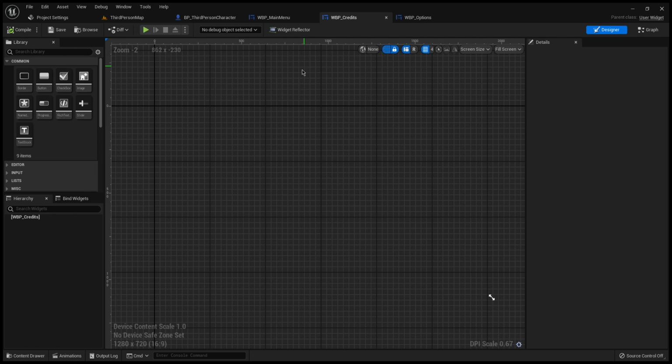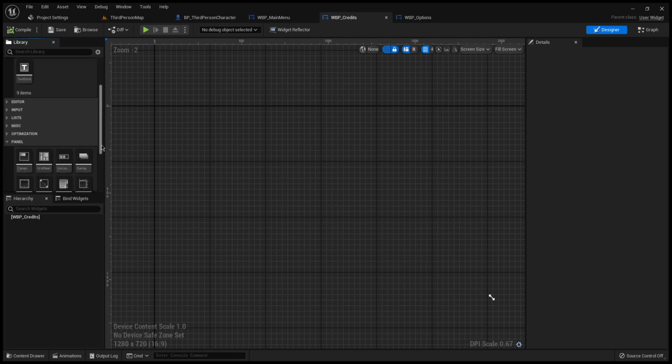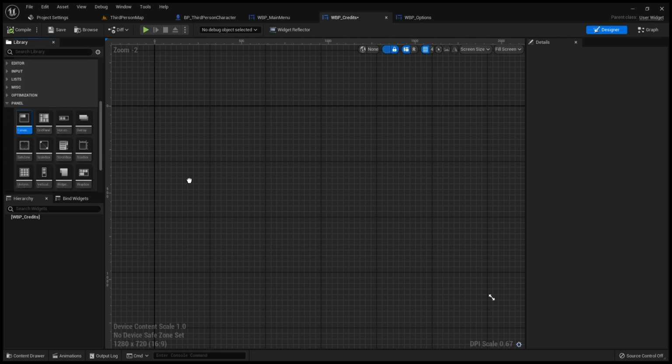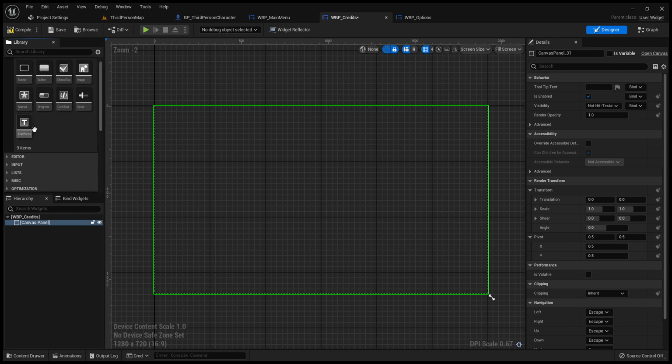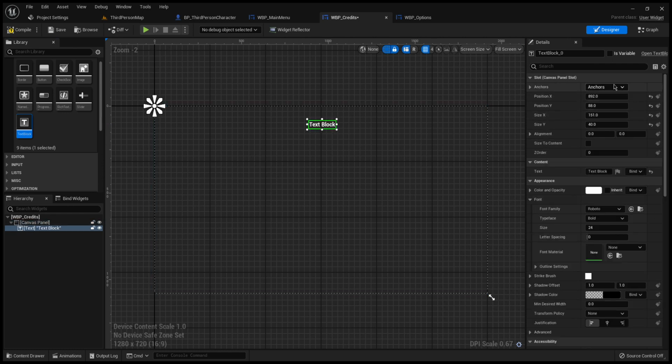So let's just do that, and then we'll do more in depth for part 2. So same thing as the main menu, canvas panel. You drop it here or drop it on the screen. We're not going to do much with this one, so we're just going to bring a text on the screen, and we're going to call this one